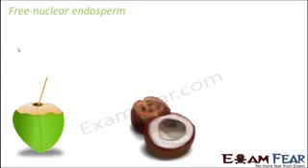Now you would have seen that there are two forms of coconut. One is the tender coconut, the water of which you often drink during summer, right? So that is one form of coconut. The other form is the matured coconut, which has a hard brown shell, and inside you don't have much water. Sometimes a little bit of coconut milk. Otherwise, you have a very thick white colored layer, which we consume either in sweets or in other dishes, right? So these are the two forms of coconut which we see. Now let us see where the endosperm is involved here in the story of coconut.